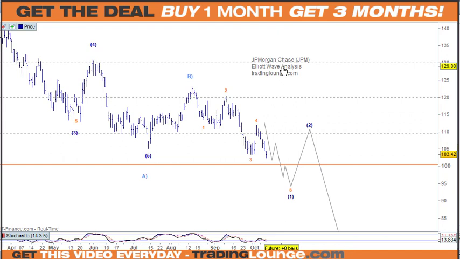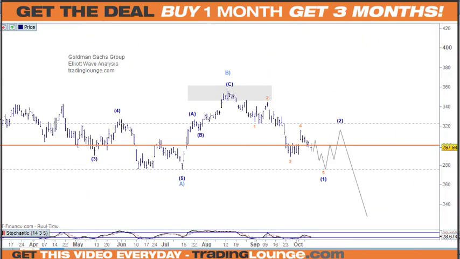But really it'll just be a letting go of this number here. But anyway, that's where that is, and the same for Goldman's here. We've got 1, 2, 3, 4, and then 1, 2, 3, 4, 5. So this one hasn't made a new low down here, where Morgan's has. So Morgan's is one of the weaker ones, so that would probably be the better one to short over this one, rather. Do you know what I mean?